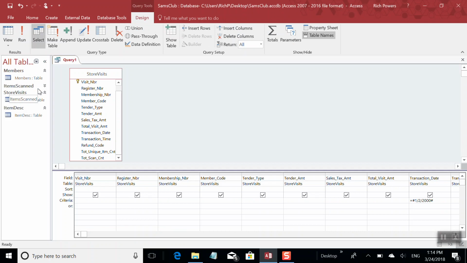So say for example, we don't care about a lot of these fields. We can just leave them here, either we can delete the field, or instead of showing that data, we can just unclick the show. If we just keep unclicking everything, we'll take a lot of stuff out here. Actually, we'll leave the visit number, and we'll leave the other stuff blank. All right, we'll run it,